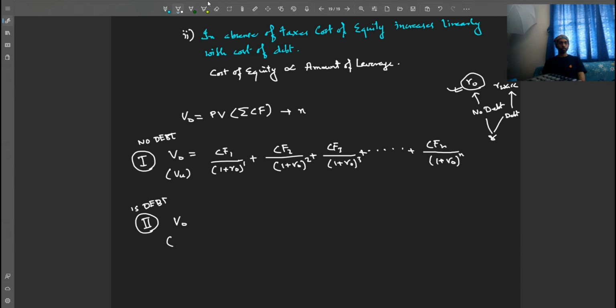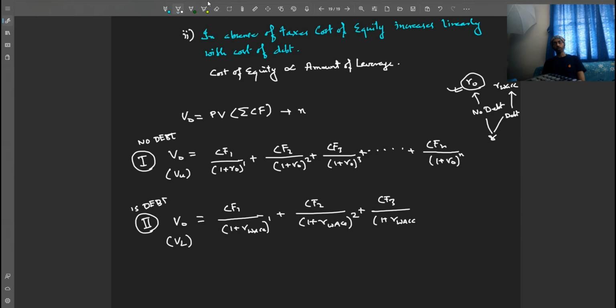V0, or in the proposition we have written it as VL, is equal to CF1 divided by 1 plus RWACC, weighted average cost of capital, raised to the power 1, plus CF2 divided by 1 plus RWACC raised to the power 2, because 2 time periods have passed by, plus CF3 divided by 1 plus RWACC raised to the power 3, plus and so on,